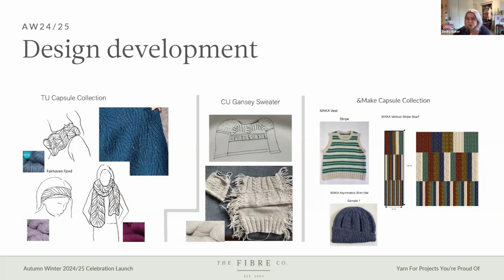And then for myself, with being the in-house designer, if myself and Daphne have discussed it at length, I won't always do a sketch or an illustration. I'll just go to, as I call it, designing on the needles, and I'll just start some swatches as I'm actually knitting. Don't do that all the time. Sometimes I do sketch, but if I know exactly what we want,